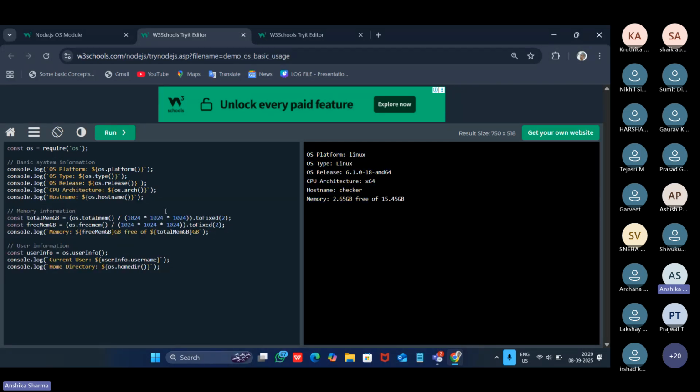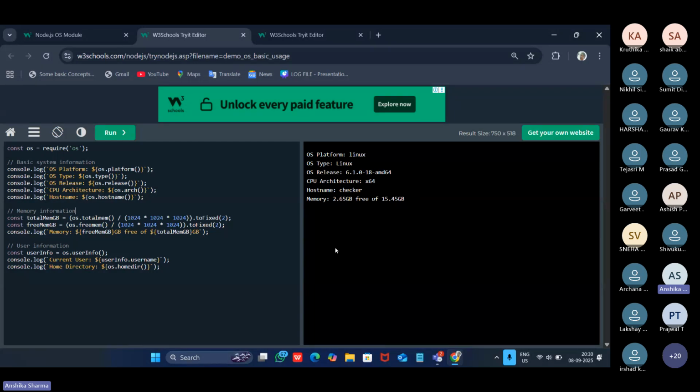And also this .toFixed method is converting the whole thing into decimal up to only two digits, because since we are already using a 64-bit architecture, it will give us multiple digits after the decimal, and we do not want that. That is why we are using the .toFixed method to get precise information about the memory up to only 2 digits.